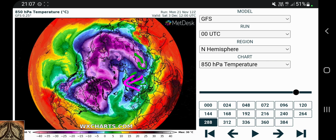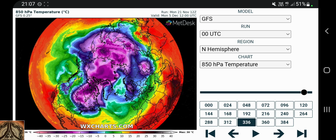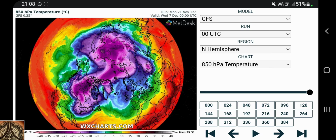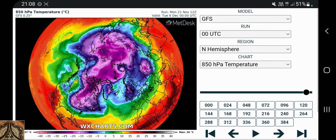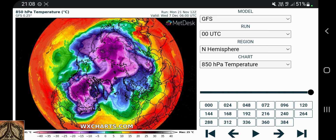Over Scandinavia into Greenland. It's just this one little bubble. And it goes down to Denmark, almost reaches the British Isles. And I find it very interesting